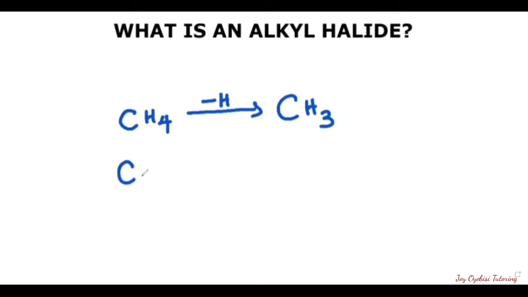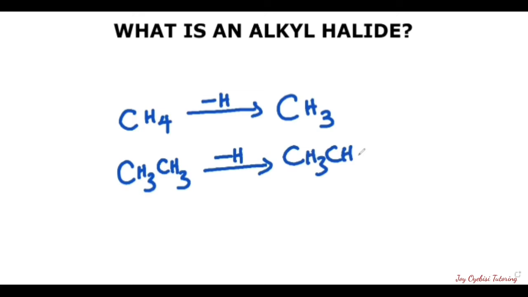When the second alkane, which is ethane, loses one hydrogen, it becomes an alkyl group, an ethyl group. And so on. We could keep going on down to 10th carbon, which is decane. So the major thing to take home today is that when an alkane loses one hydrogen, it gives you an alkyl group.